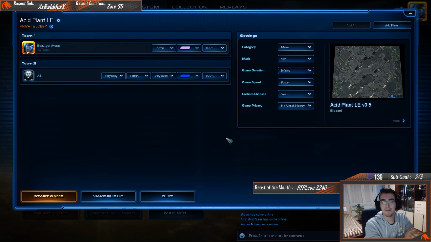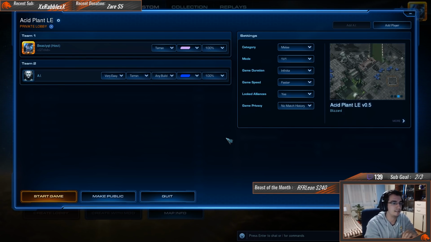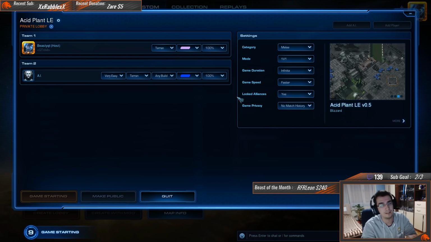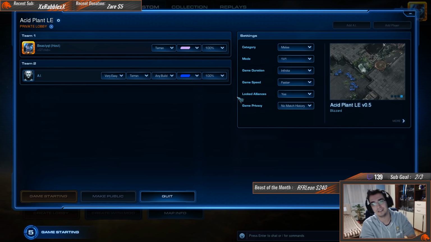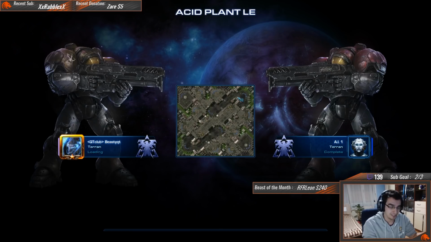Okay, welcome everyone. This is another day, another video, another guide. Today I'll be making a TVT guide, a mech guide, since a lot of people have been requesting that, and the old guide for mech is kind of outdated, because the last one I did was with reactor Hellions, and that one doesn't really work anymore because of the reactor cyclone builds. So I'm going to show you guys how to do that, how to execute it, and how to successfully transition